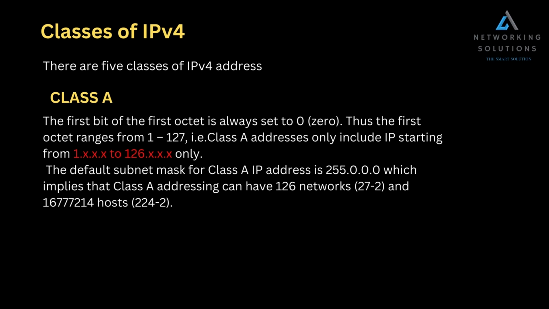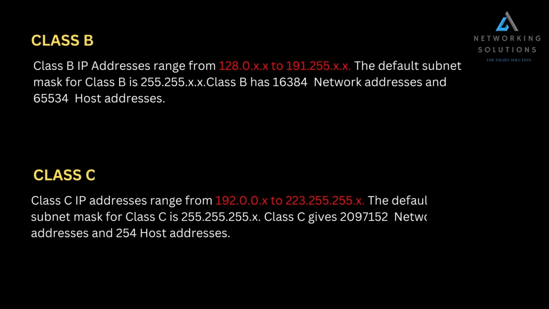which implies that Class A addressing can have 126 networks and 16,777,214 hosts. An IP address which belongs to Class B has the first 2 bits in the first octet set to 10. That is, Class B IP addresses range from 128.0.x.x to 191.255.x.x. The default subnet mask for Class B is 255.255.x.x. Class B has 16,384 network addresses and